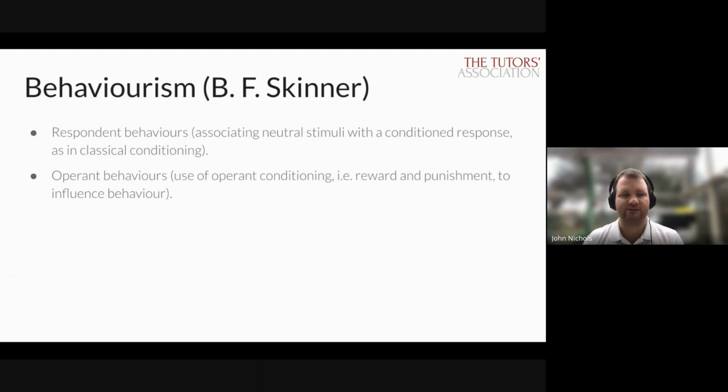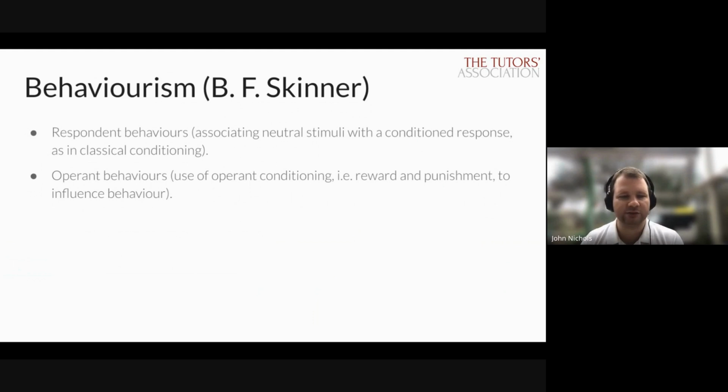And obviously this has been used in classrooms and teaching settings forever, pretty much. We praise students. Praise is a form of reward because it gives them validation that you're happy with them, and people like people to be happy with them. You praise students when they do things well, and you give them some form of mild chastisement, or perhaps more severe chastisement if it's merited, if they don't do what you want them to do.